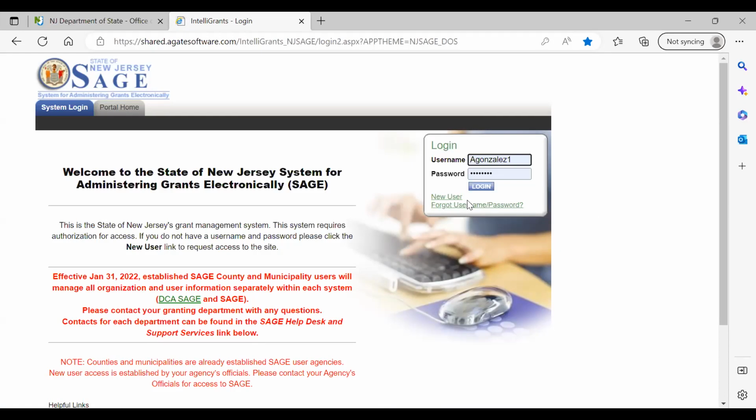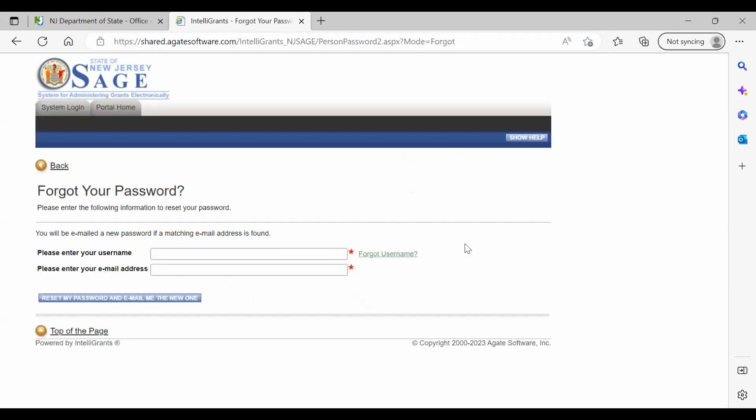For those that, if anybody forgets their username and password, what you want to do is get onto Sage, www.sage.nj.gov. Let's say you forgot your password. You click on forgot username, password. Then to get a new password, you're going to have to enter your username. And then the email that you need to enter is the email that you registered with in Sage.